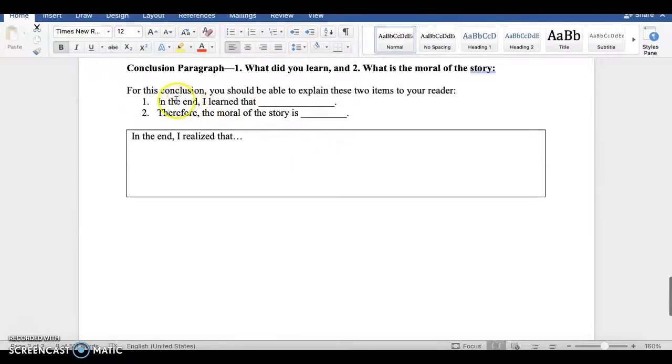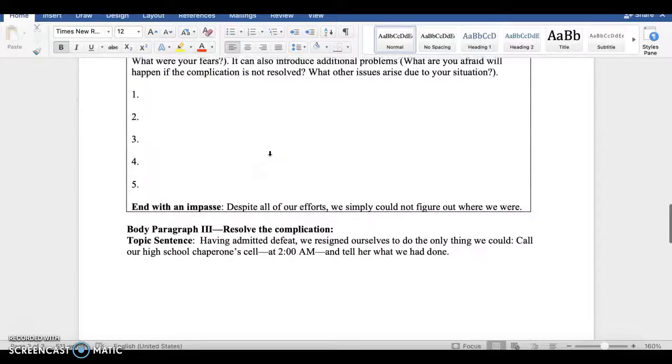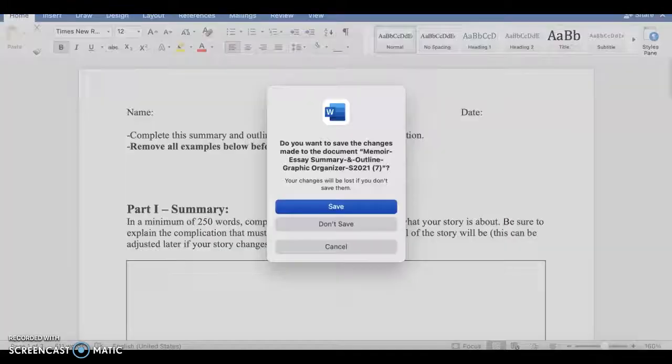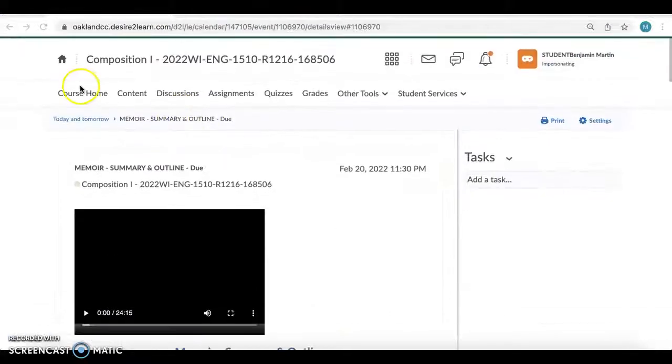And then in the end here, this is restated in those instructions. You're going to give what you learned from your story and then a moral statement. The moral of the story was, one in the hand is worth two in the bush, something along those lines. But you can reverse these as well, as you'll see in some of the examples. But in any event, as long as they're both covered. Okay. So those instructions are all included with that assignment. This is just an example of what you'll be going through per week on some of these.